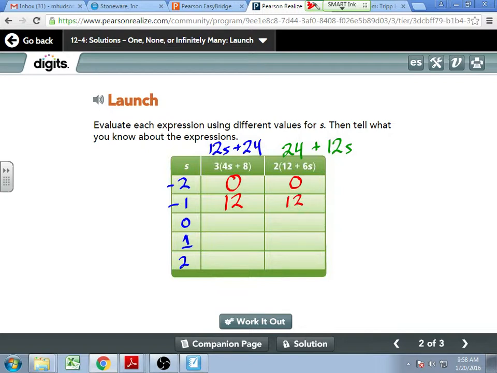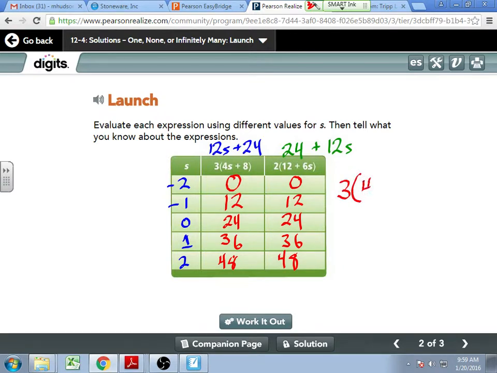If I plug in 0, I just get 24 for both of them. If I plug in 1, you get 36. I get 36. If I plug in 2, 48. I get 48. So what we can say is if I set up